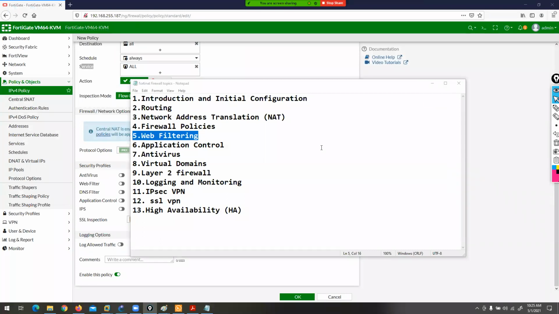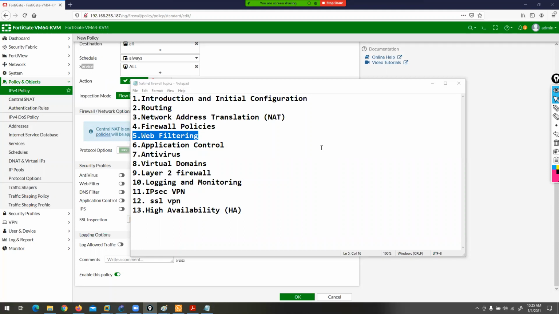So if I want to allow or block any specific URL, yes, I can do this. If I want to block a specific URL category, for example all social media websites, then yes, we can block it. Guys, we don't know how many social networking websites we have right now in the market. But if we want to block all social media category websites, we can block them with the FortiGate firewall. Understood, guys?